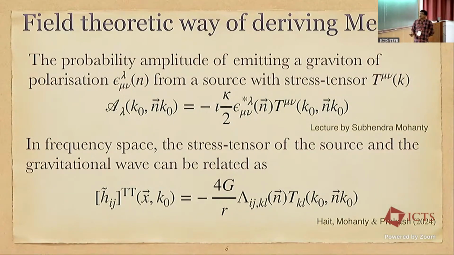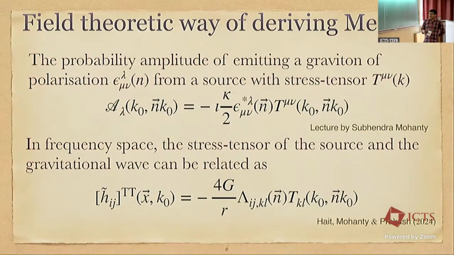And the probability amplitude for emitting a graviton with this polarization epsilon mu nu from a source with stress tensor T mu nu is this. This is the amplitude. This kappa is square root of 3 pi G, and this epsilon is the polarization, T mu nu is the stress tensor of the source. Now with this probability amplitude, we can calculate the